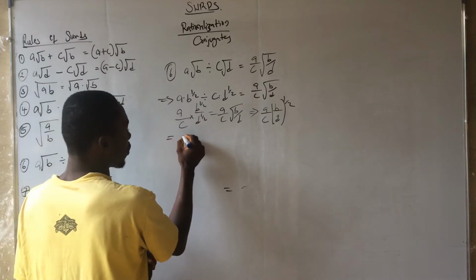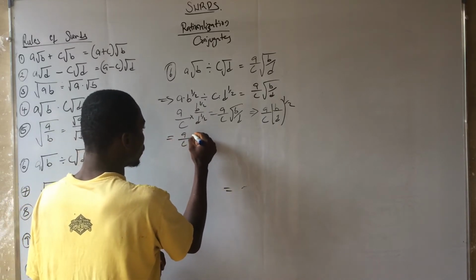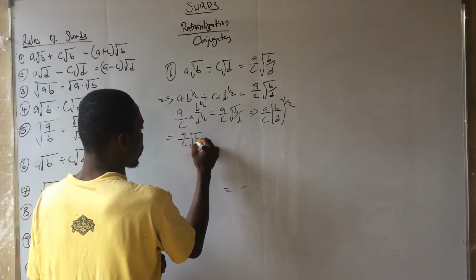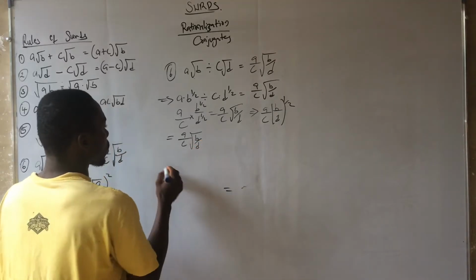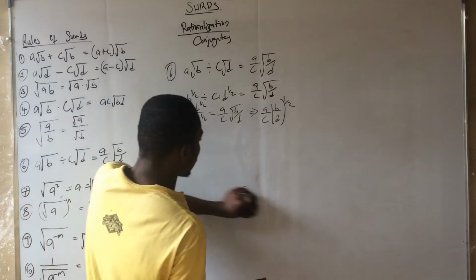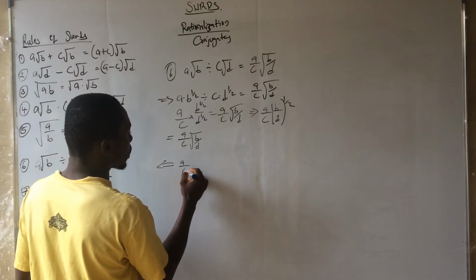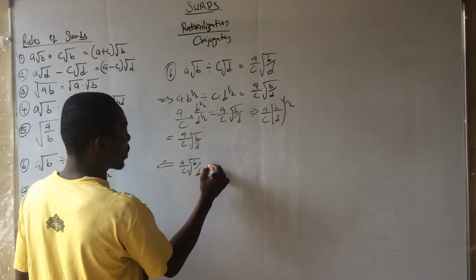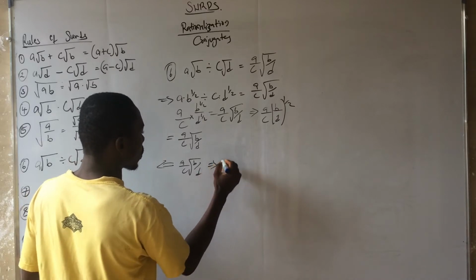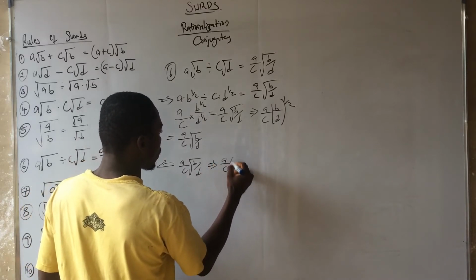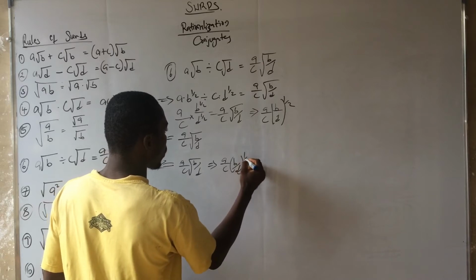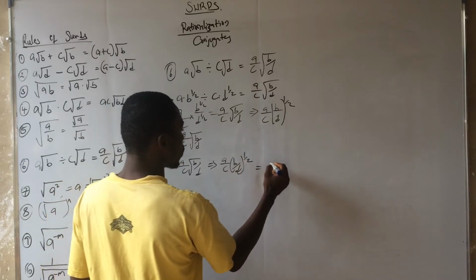So that means I'll have a over c times the root of b over d. Now coming from this side again, I'll have a over c root b over d equal to a over c bracket b over d raised to the power 1 over 2, to be equal to